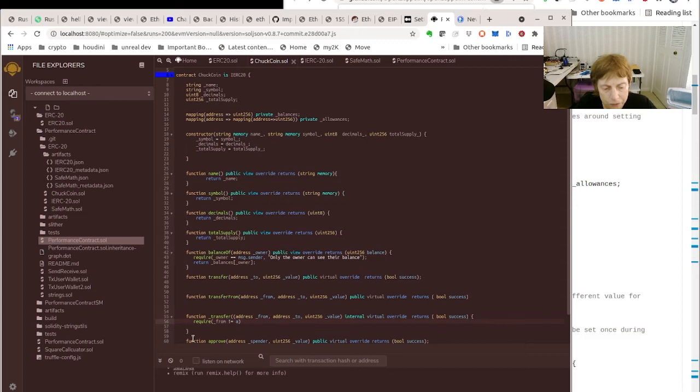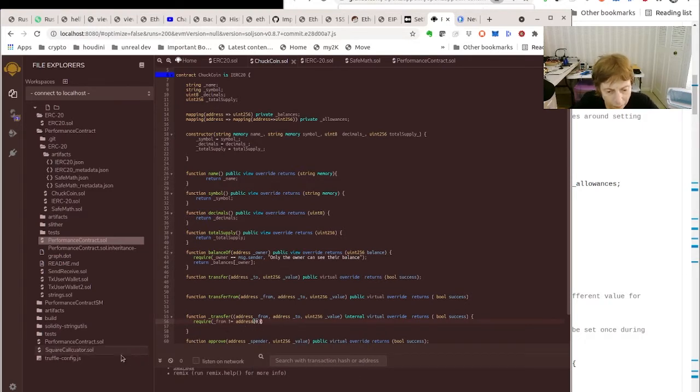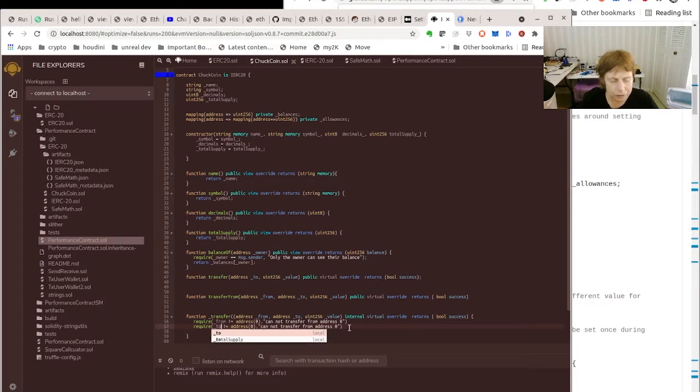and let's see if this... cannot transfer from, and then you can do the same thing here with the sender, and, sorry, with the recipient, and we do that. I don't know if this is going to work. So we got this, and then we got